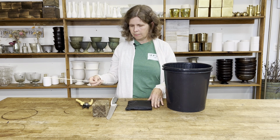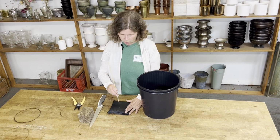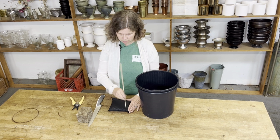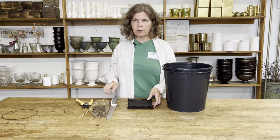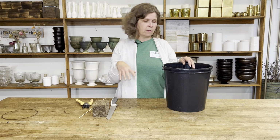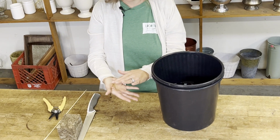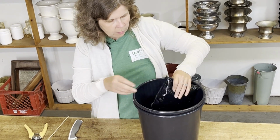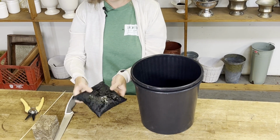you're trying to make. So the first thing you're going to do is poke about a dozen holes in each side of the OshunPouch. Doesn't have to be in any order. And then you're going to soak it in water for about 5 minutes. What it's going to do is puff up. So it went from a small, flat OshunPouch to what looks like now more of a sandbag